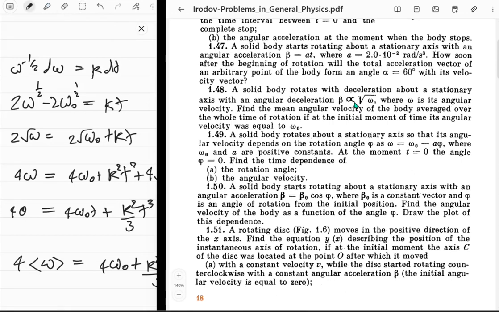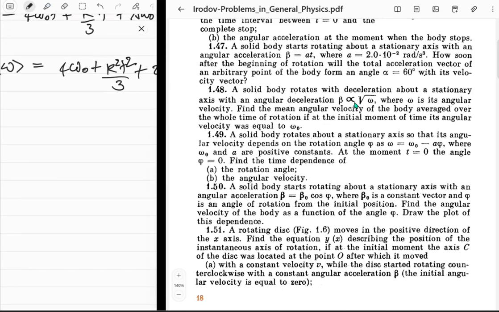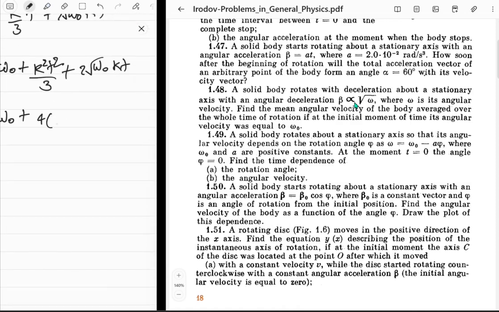So we don't want that. Instead just go with omega. Using this equation we can deal with it. This will be 4 omega naught plus kt squared, which is 4 into square root of omega minus square root of omega naught, all squared. So that should be omega plus omega naught minus 2 square root of omega naught omega, upon 3, and then plus 2 square root of omega naught